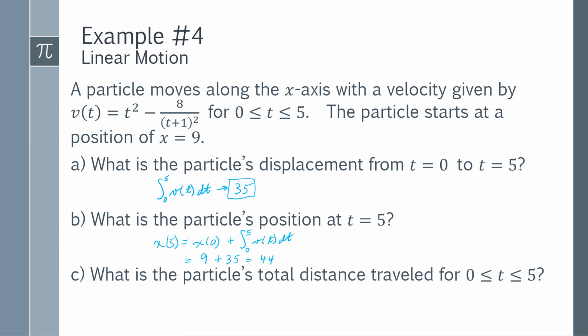Distance is a little bit tougher. What you have to remember is distance can never be negative, whereas displacement could. So the way we think about it is velocity is the derivative of displacement, or displacement comes from accumulating velocity. And that's okay because velocities are allowed to be negative, displacement's allowed to be negative. For distance, we need to accumulate a rate of change that can't be negative. So what we want to do is accumulate speed. Remember, speed is just the absolute value of velocity